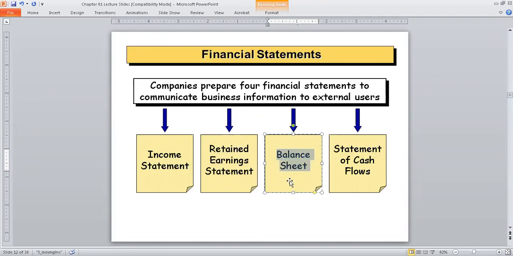We'll talk about the balance sheet in chapter 1. We'll talk a little bit about the statement of cash flows. But balance sheet preparation will come in chapter 2. And you'll learn how to prepare the statement of cash flows next semester or whenever you take accounting 2. We will not work on preparation of the statement of cash flows together, although we will discuss the purpose of